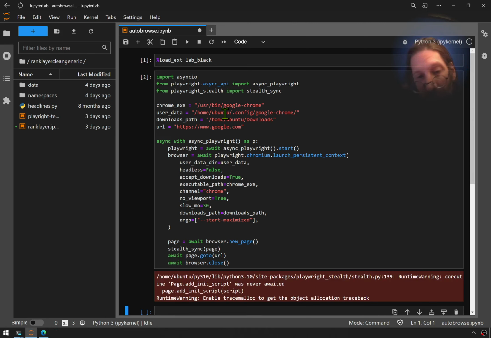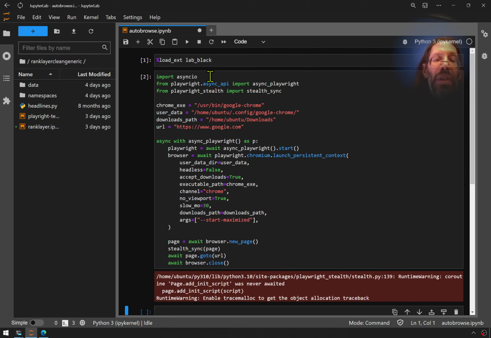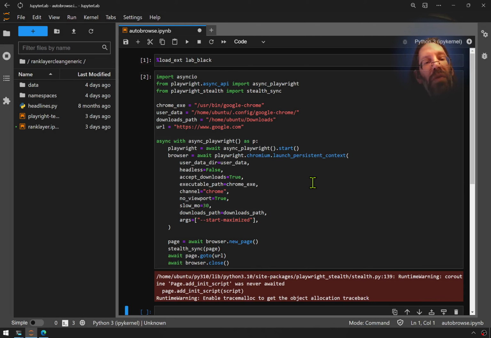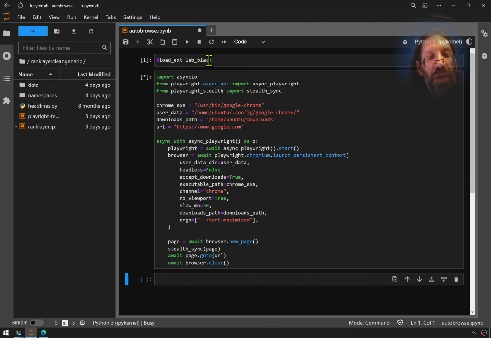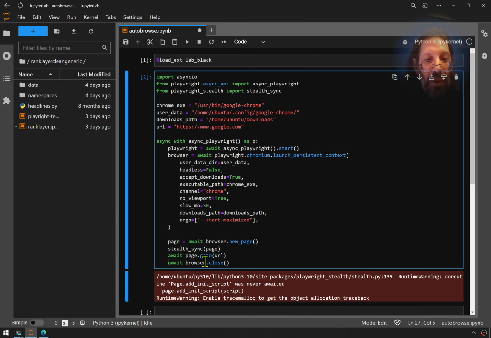Oh, look at that. Something went wrong. Yeah, sometimes things go wrong. It appears I may have discovered a source of true random. See, on the second go, oh, the browser appeared and disappeared. It's just closing too fast. I know what's happening. I just need to get rid of the close so that you can see the effect